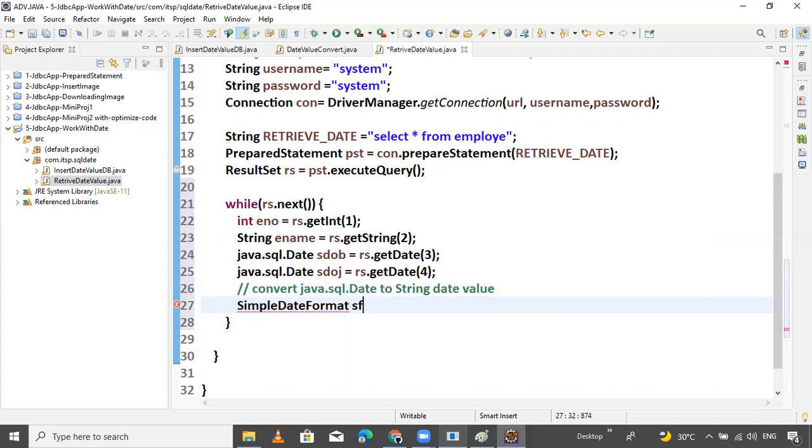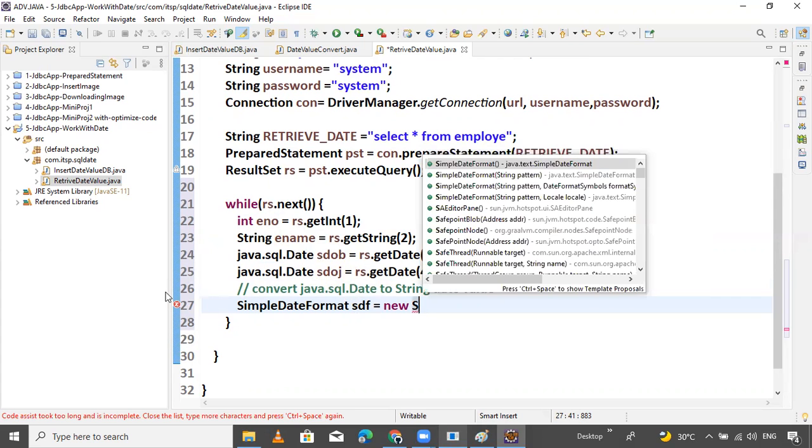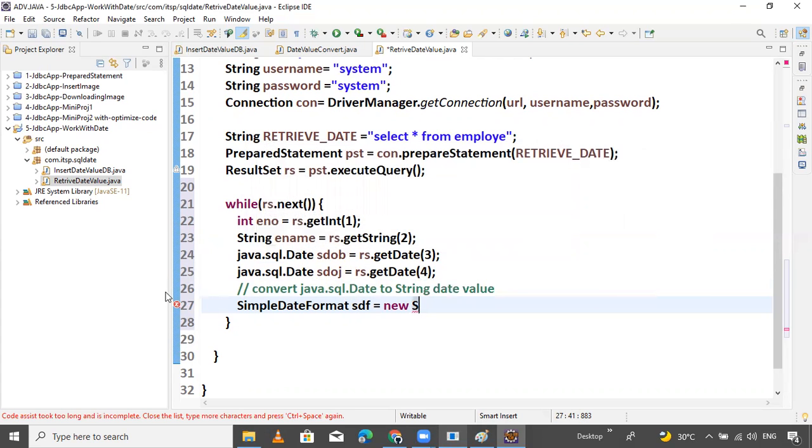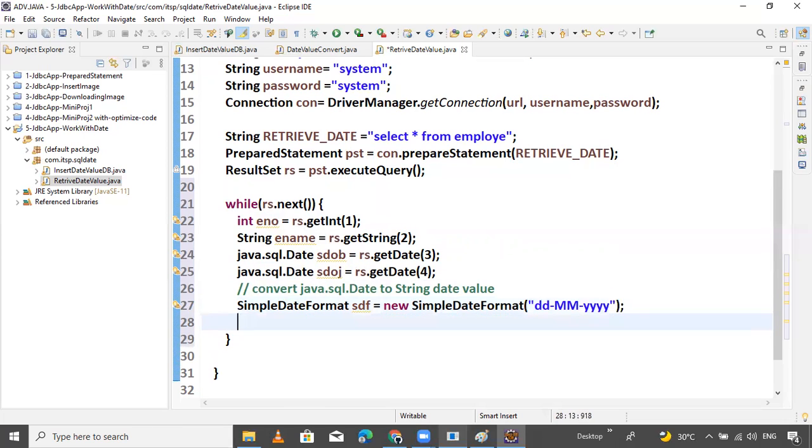SimpleDateFormat sdf equals new SimpleDateFormat. Now pass the format you want, like dd-MMM-yy. I want this format.